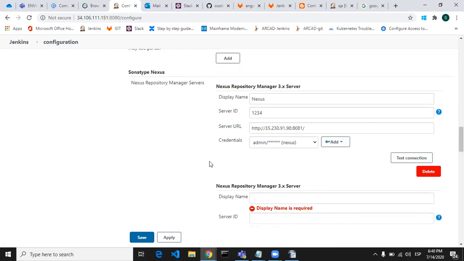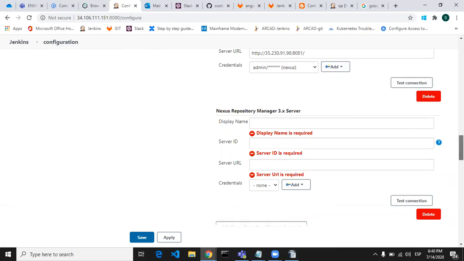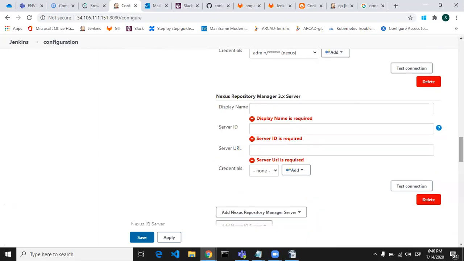This type of screen will come, so I will show you how to configure it. In the display name, you can write Nexus. For Server ID, you can give anything, like 1, 2, 3, 4. And then the server URL. This server URL is nothing but your Nexus server URL.